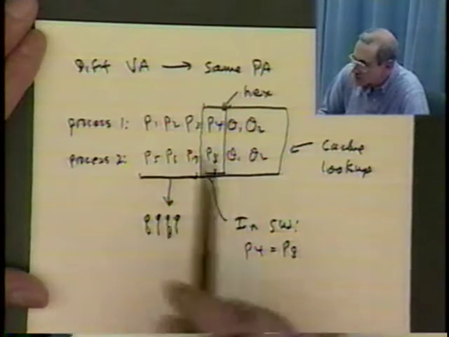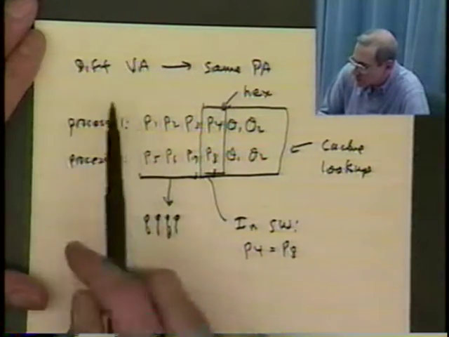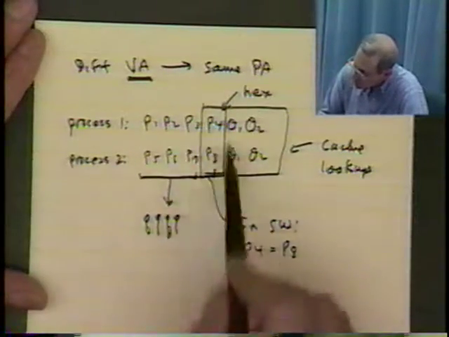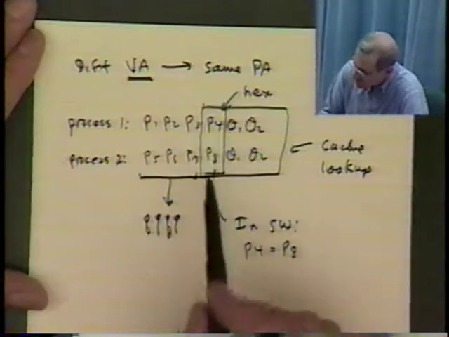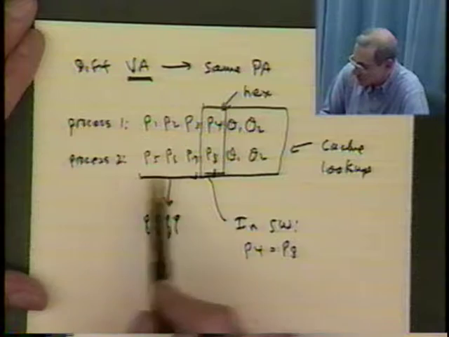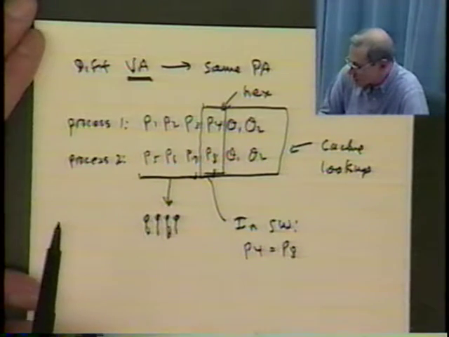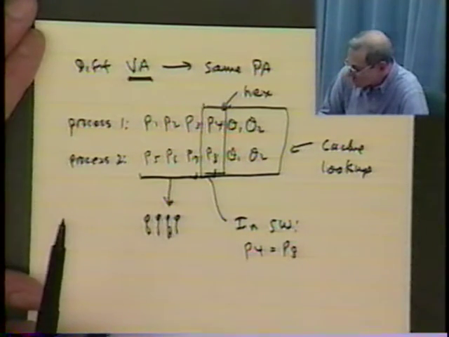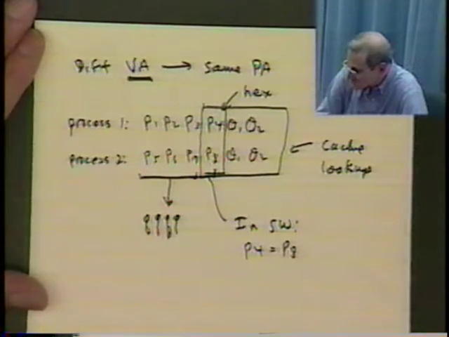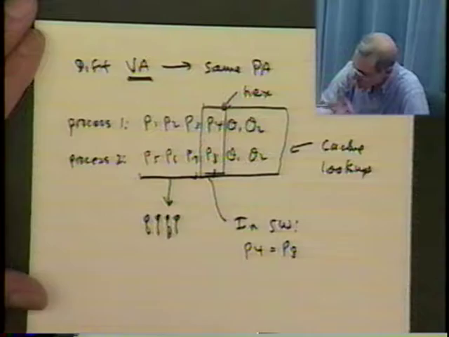Basically, it restricts the addresses of virtual pages that can be shared based on how many of the virtual address bits are used as part of the cache lookup. And if you do that, you can still have different virtual addresses, at least different in the higher order bits, that share the same physical address, and still be able to do cache lookup and translation in parallel. A little bit bizarre, but